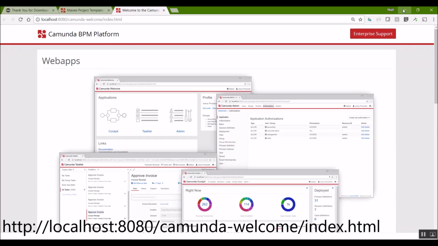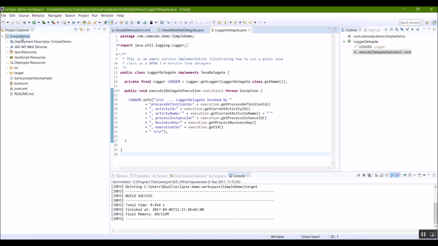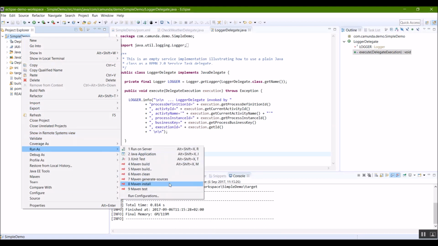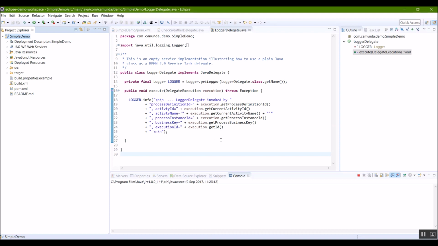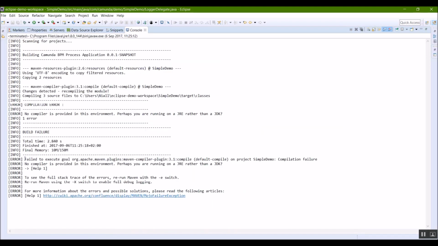So good stuff. Now we're going to return back to Eclipse, and here we are actually going to build our project. So to do that, right click, go to run as, and Maven install. Now I've actually left in an error here that's going to occur on purpose because it's an error that I've seen happen really frequently, and it's basically this guy right here. It says here that it failed to execute this goal because no compiler was provided, and this is the key to it. If you see this error, you're running a JRE instead of a JDK.